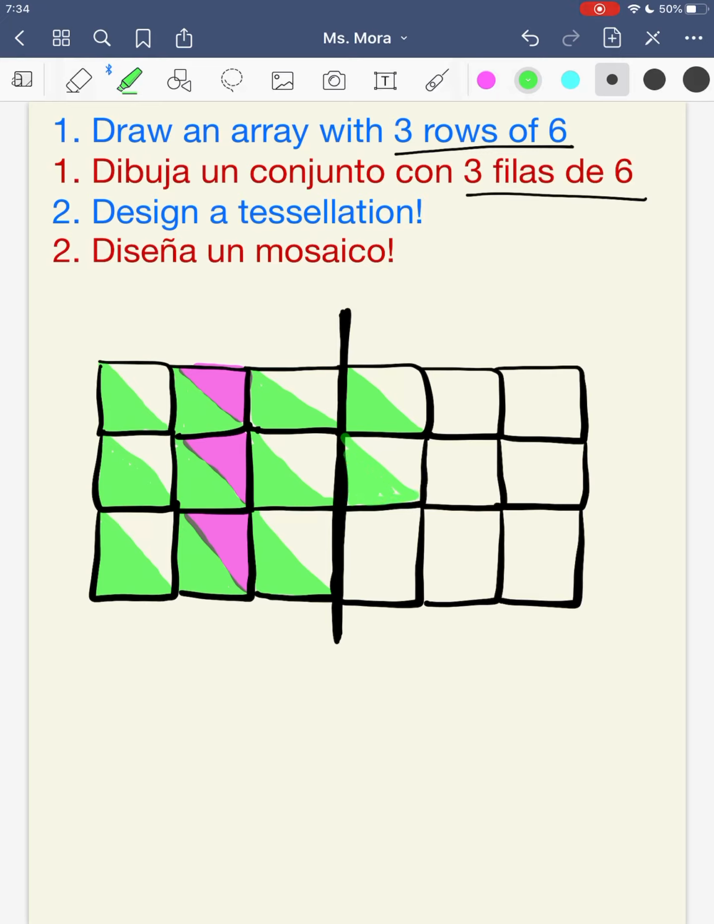So remember, just like on my other half of my array, I'm going to color in half of my squares diagonally. And then once I finish with all of these, then I'm going to color the 3 pink like I did